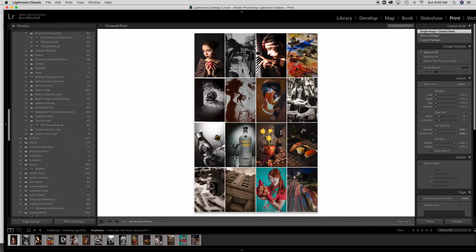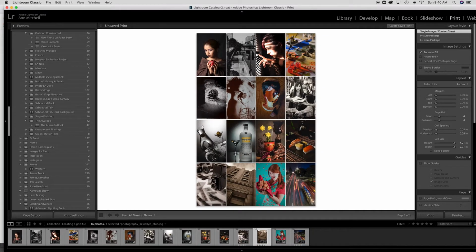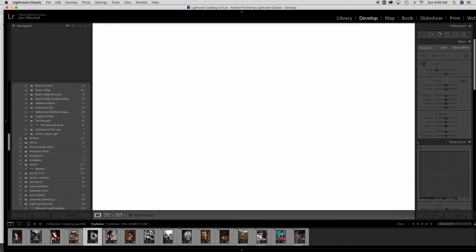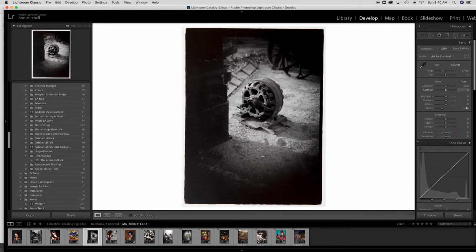Now, if I want to change the order of anything, I can go down. So I'm going to actually go down on the film strip. Let me just make that a little bigger for you and press and drag. Once again, remember to press and drag from the image. At the point that you're happy, and if you decide you want to edit an image more, just click on it, go to develop, and you can make any of the changes you want.